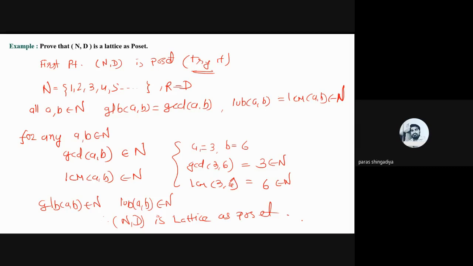First you have to add the conditions of a partially ordered set: reflexive, antisymmetric and transitive. Then for the (N, divides) case, just apply the general rule. Apply the possible mathematics and check whether the GLB and LUB belong to N or not. It already belongs to N because the choice is only positive perfect numbers, and therefore it is true. This is the solution of this one. Again, the solution is not given in this PPT, so just take a screenshot for your reference on how we can solve it.